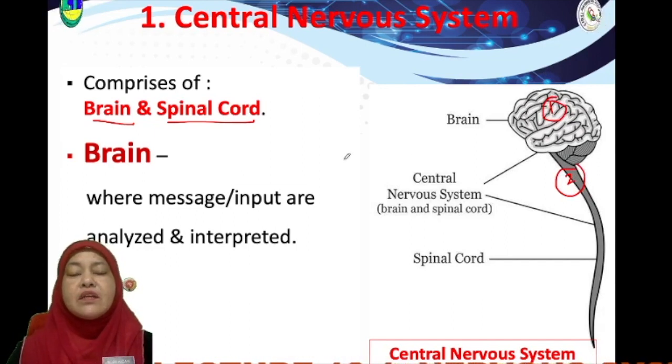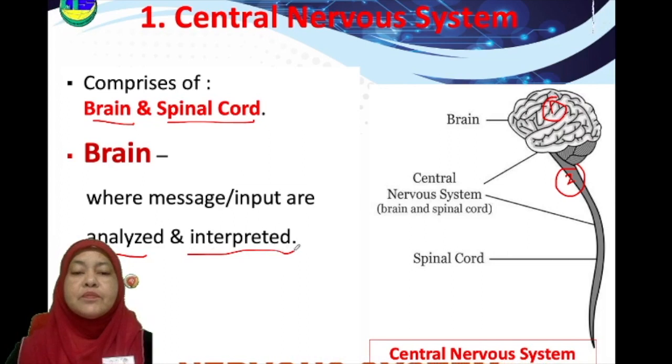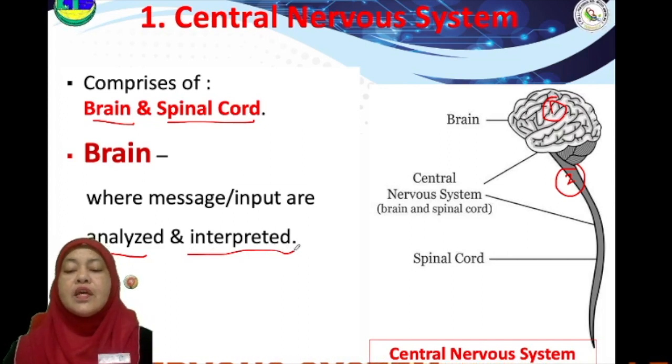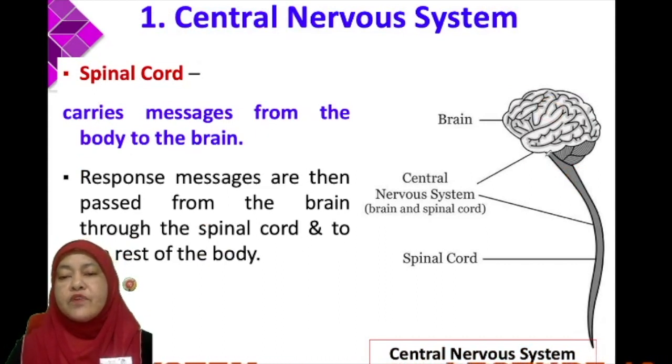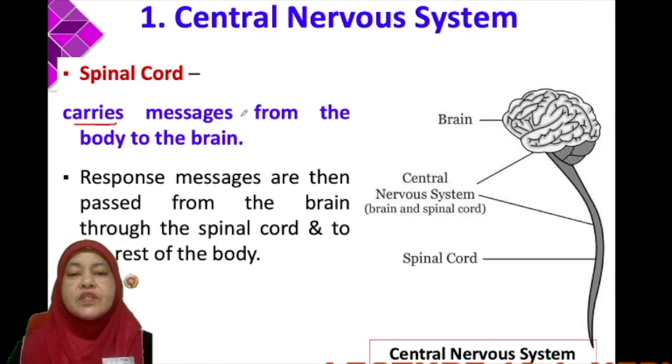The function of the brain is where all the messages or inputs are analyzed and interpreted. The second part of the central nervous system is the spinal cord. As you can see from this diagram, the spinal cord carries messages from the body to the brain. All response messages are then passed from the brain through the spinal cord